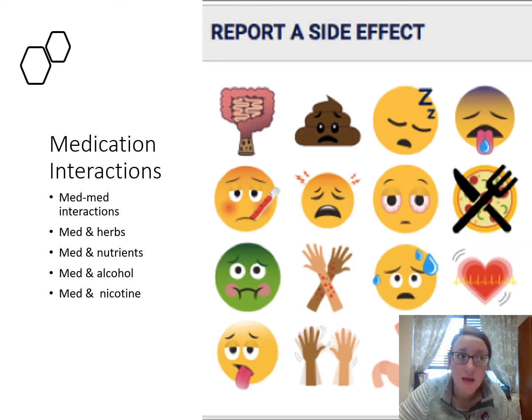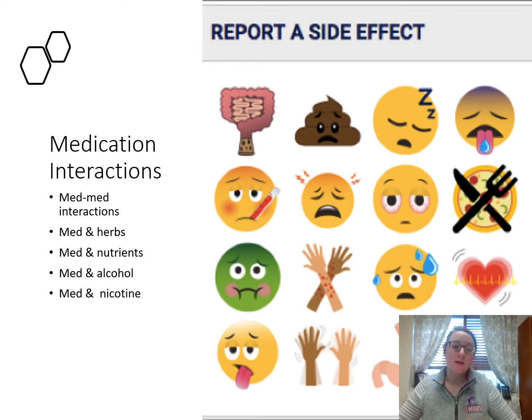So if we take a calcium channel blocker and we take a beta blocker, the potential of having a hypotensive effect is very high because of that med interaction. Another one is medication and herbs. So we briefly discussed this prior in the lecture here. And one of the major drugs that is affected greatly by nutrients and herbs that we intake is warfarin or Coumadin, which is an anticoagulant.